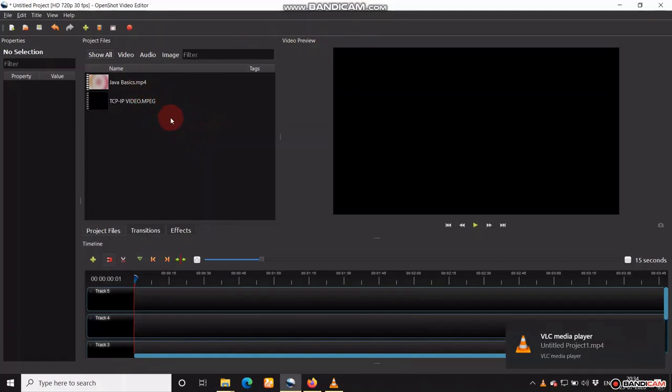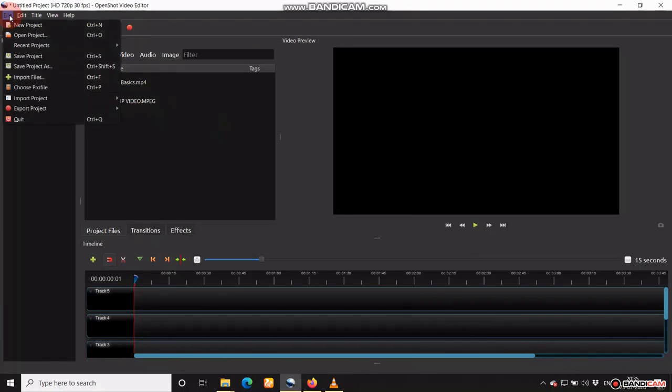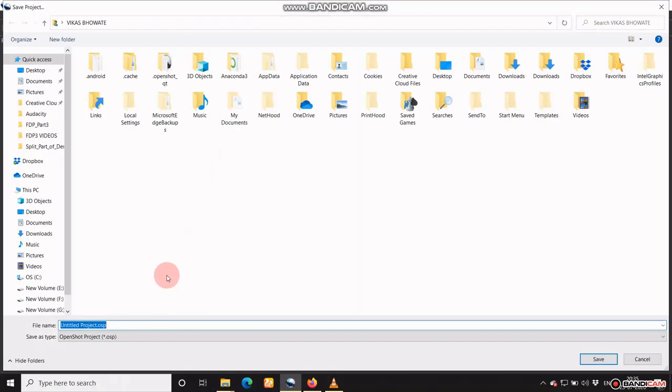Once you add all the videos, the next task is go for saving your project. So you can save the project by pressing Ctrl plus S, or you can go to menu bar, click on the file, then click on the save project. So I am doing that. It is asking where to save.